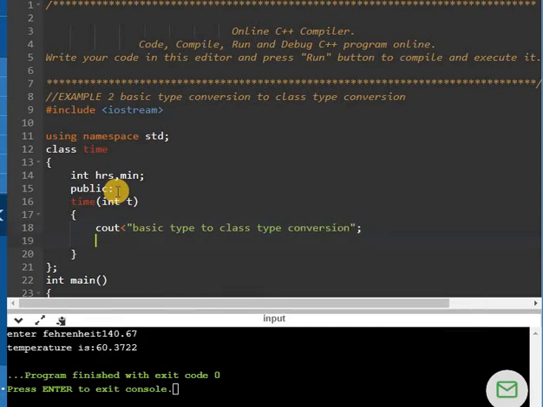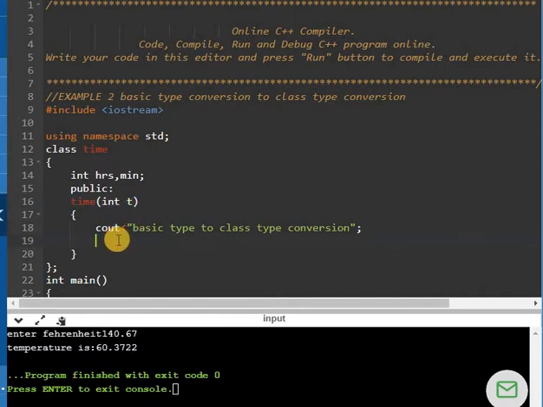Okay, semicolon. Because I am entering the time in integer form, I have to extract the hours and the minutes from this particular t, and then I will be able to assign those values to the data members of the object. So that t will be converted into an object.